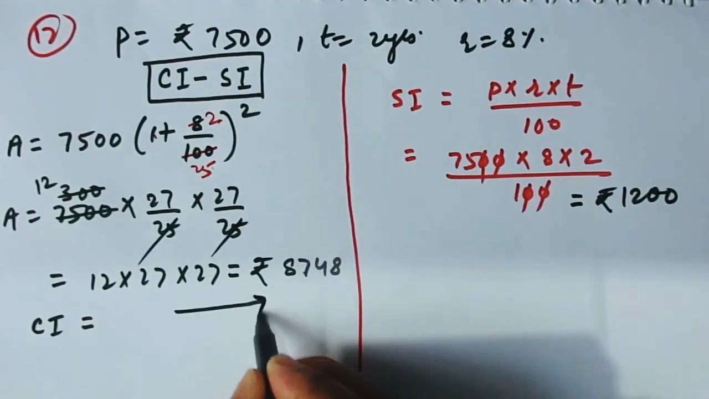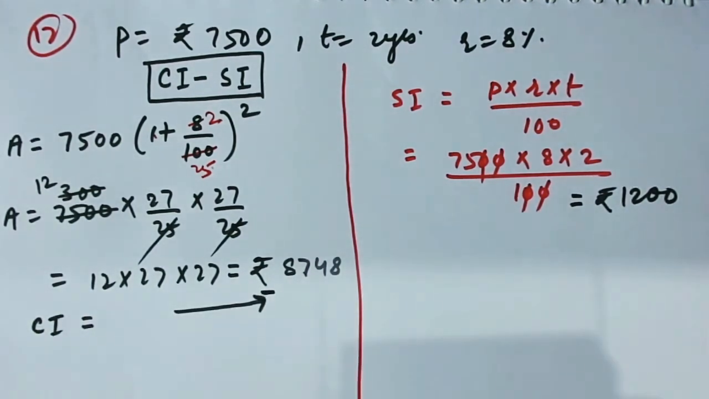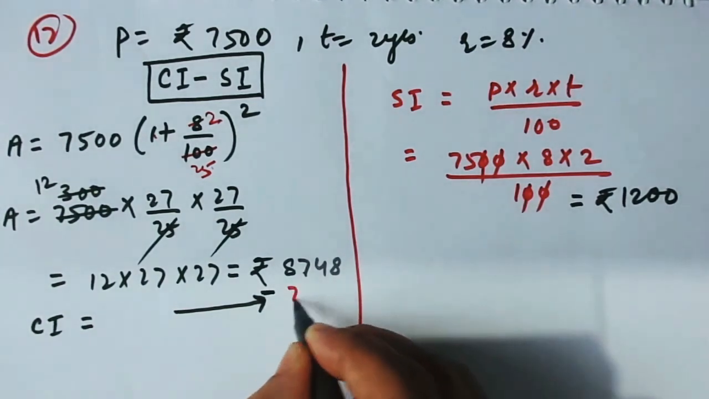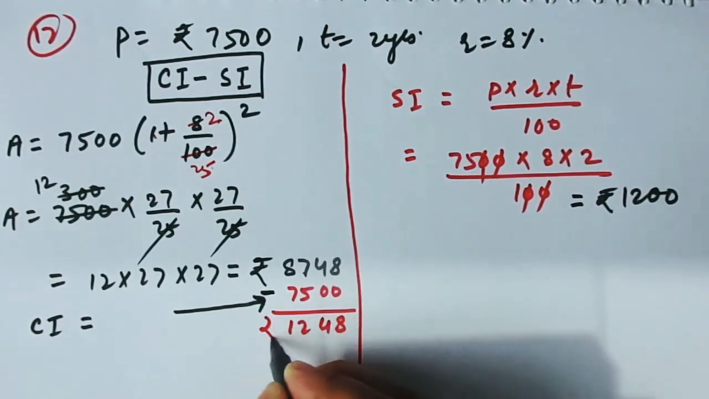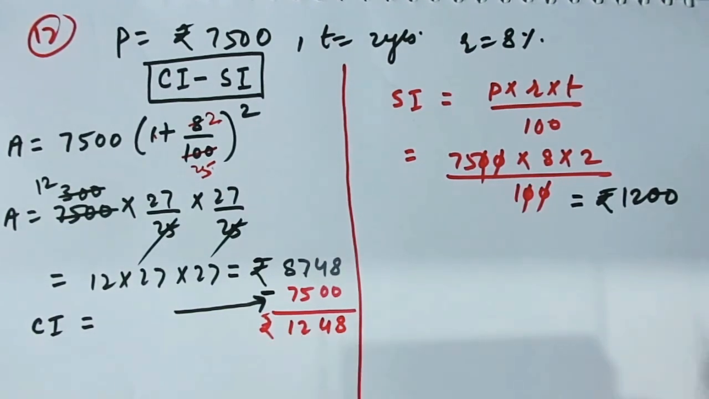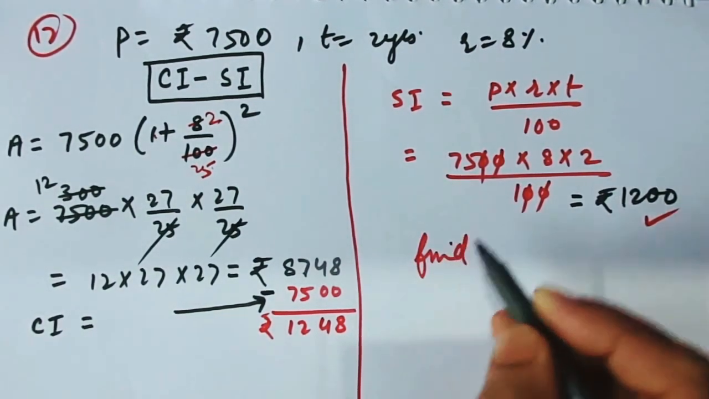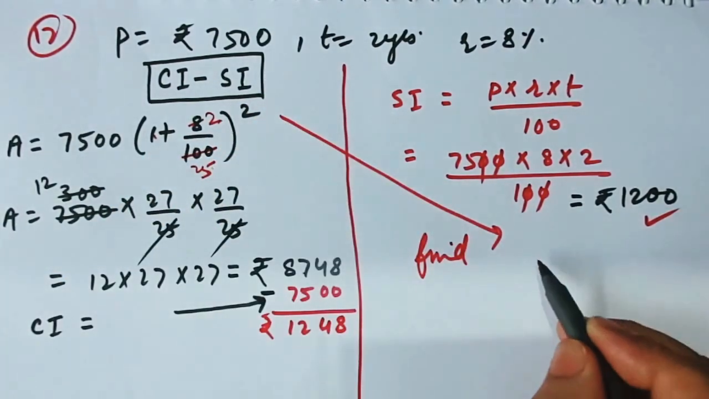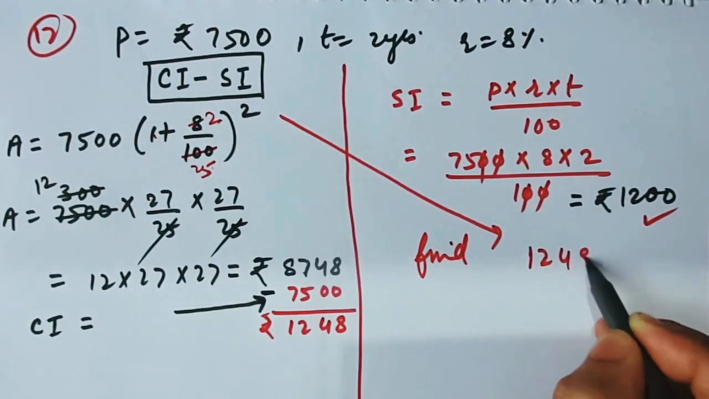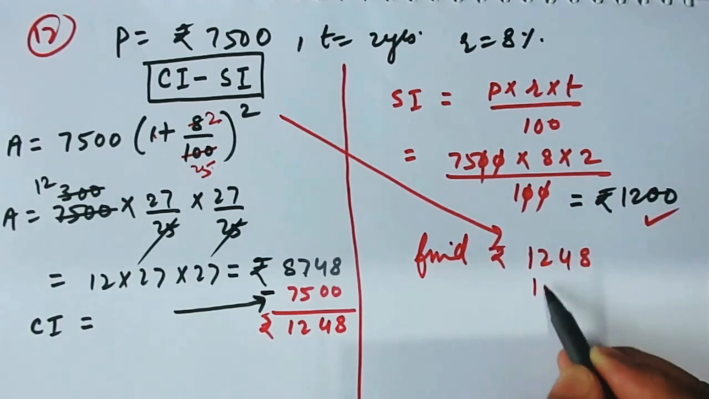अमाउंट माइनस प्रिंसिपल। प्रिंसिपल कहाँ है? 7,500 तो लिए थे ना। सो हियर यू विल हैव 1248 इज योर कंपाउंड इंटरेस्ट। दिस इज योर सिंपल इंटरेस्ट। लेकिन कह रहा है कि फाइंड ये वाला कंपाउंड इंटरेस्ट माइनस सिंपल इंटरेस्ट। तो लीजिए ना, 1248